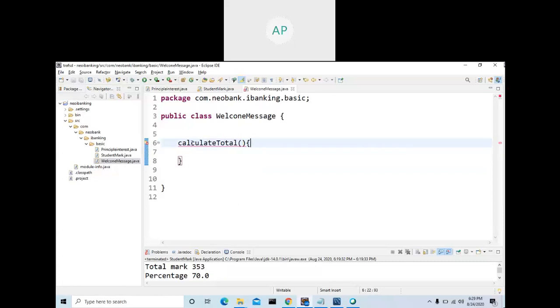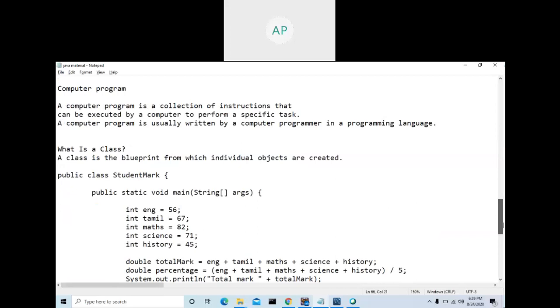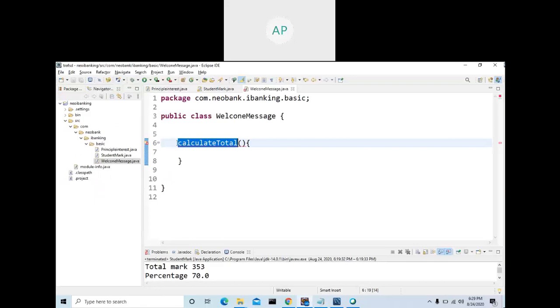Now you are getting an error. Always a method should have a return type. See here, what is the class? This is the method name, starting bracket, closing bracket, curly bracket starting, closing, and these are the three: modifier, data type. Anyway, I'm going to explain the method name. Now we wrote this one and this one, not this one. So the data type, as of now, make the return type void. I will explain in detail about it after some time.